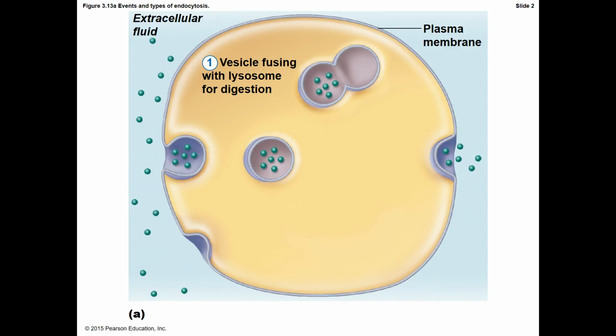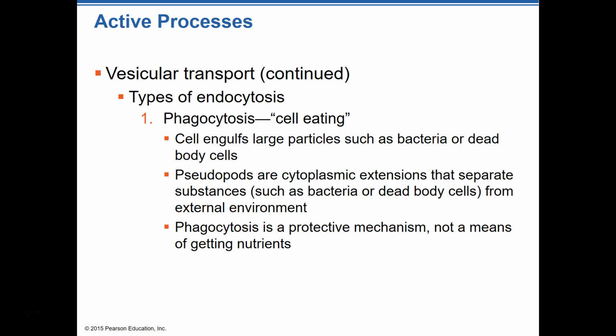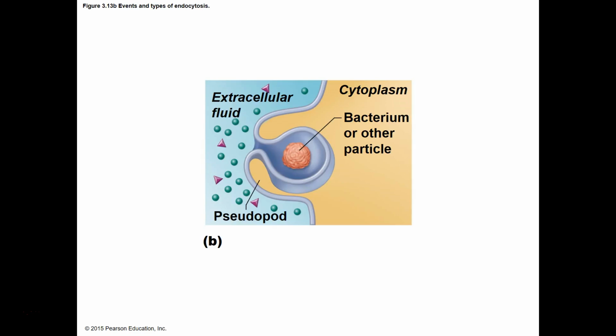And that's just going to go through one at a time. Oops, let me back up. There's also another type of endocytosis, phagocytosis. It's cellular eating. It's basically where one immune cell grabs a hold of another cell and devours it. Bacteria, sometimes dead body cells, that kind of thing. These phagocytes will go around, and they're a protective mechanism in order to protect the body and rid it of things that don't belong. So that's basically what it's doing.